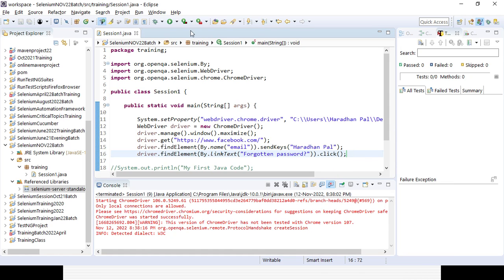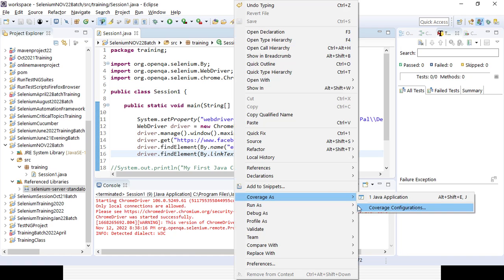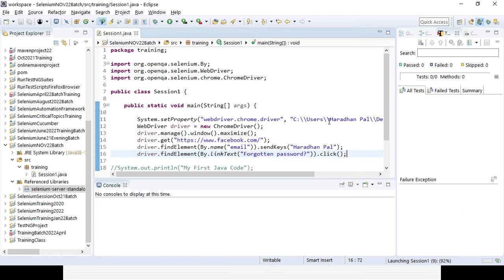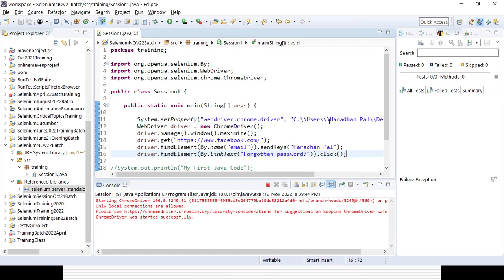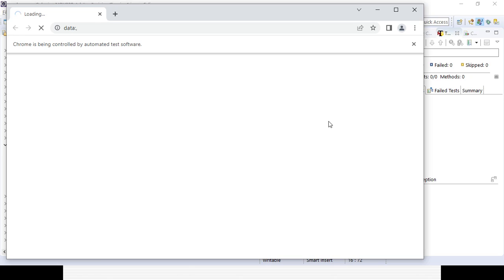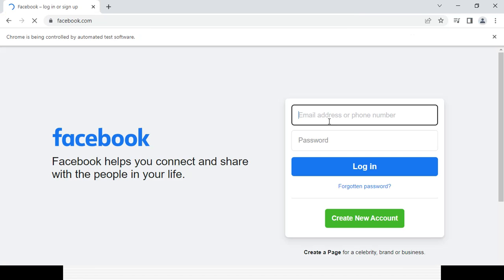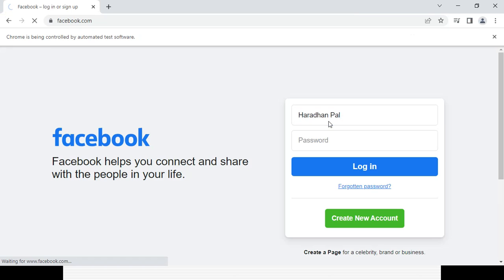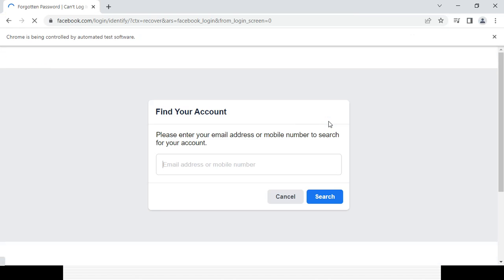Now let's run it and see what is happening here. It will open the browser first, maximize it, launch the page, enter the value in the input field, click on the forgotten password, and navigate to the next page. So my flow is happening.